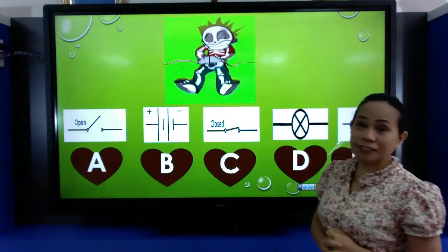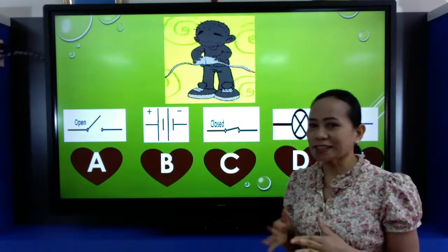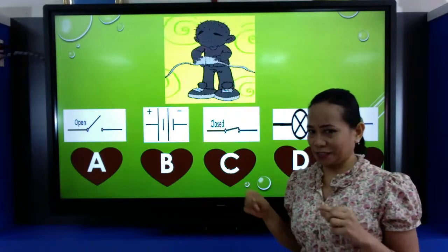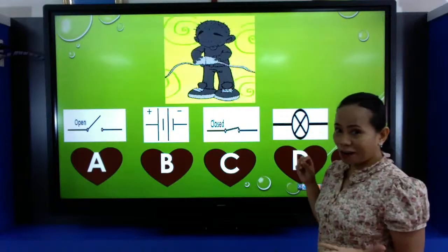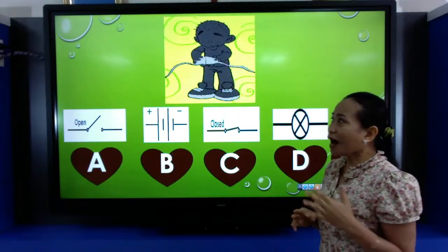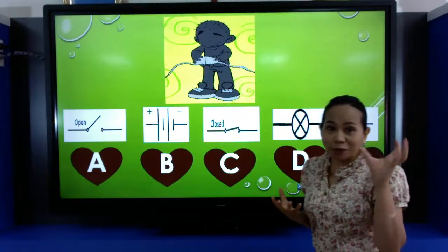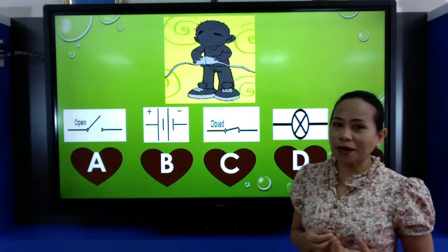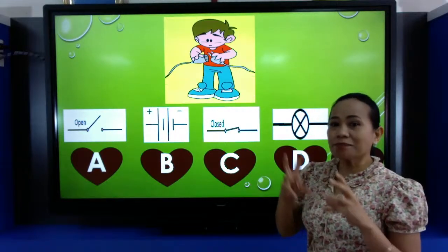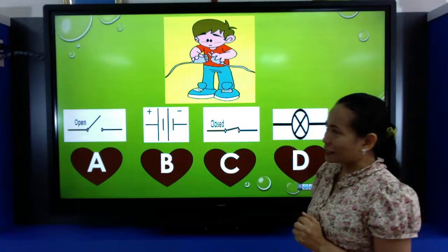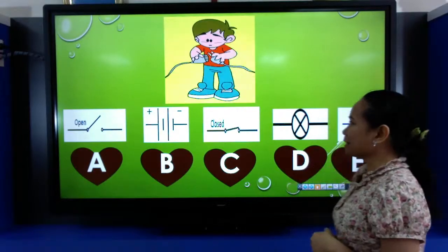Last meeting we discussed the components of a simple electric circuit, and how the load works because of these components. Without one of these components, the load or the bulb does not produce a bright light or no light at all, because the connection is missing. So we are going to identify